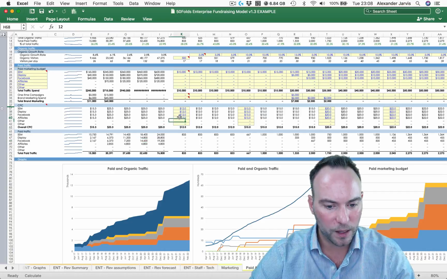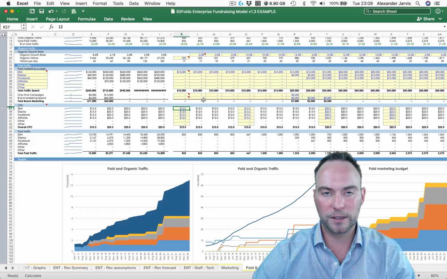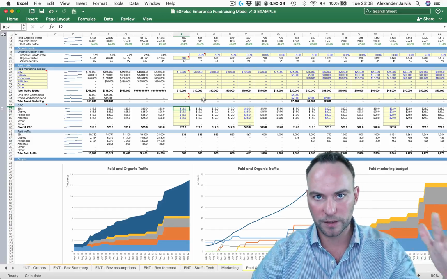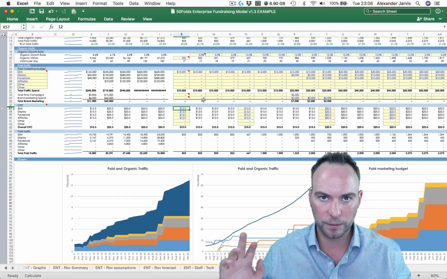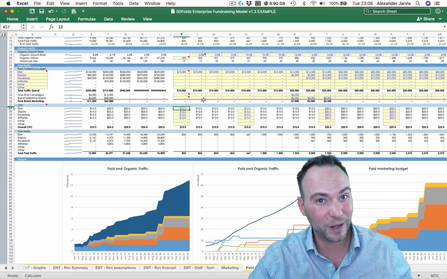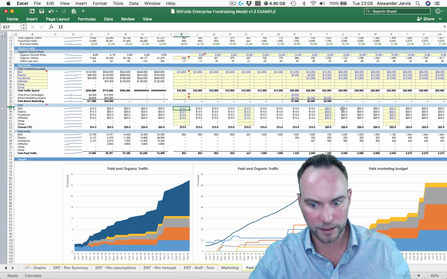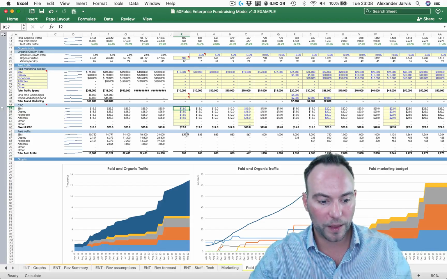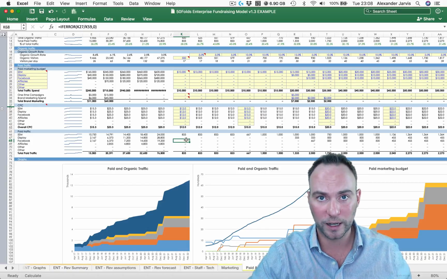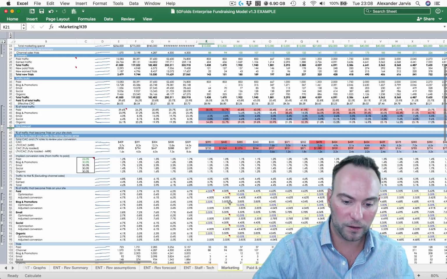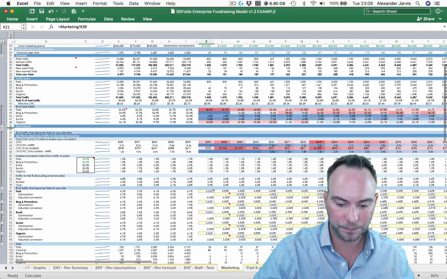how much you're spending, and then what is your cost per click, CPC, which is the ads on Google AdWords. So when you're searching for shoes or whatever it is, you see an ad, click on it. It might cost you $12, right? Put these numbers in. Maybe they're more likely going to increase over time if you're realistic about it. And if you divide your spend by your CPC, you're going to get the amount of traffic you're going to get, which of course in the marketing sheet is where that traffic converts into a trial.